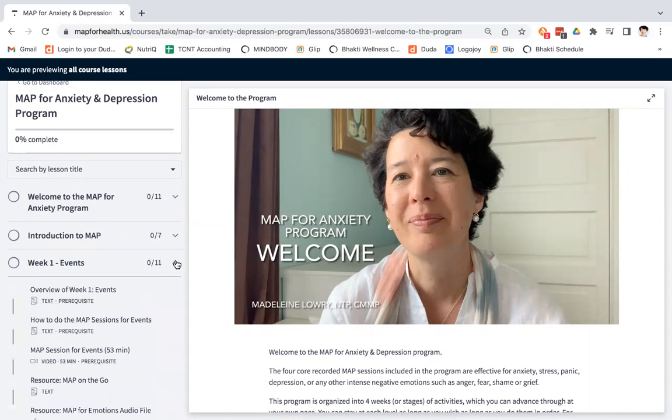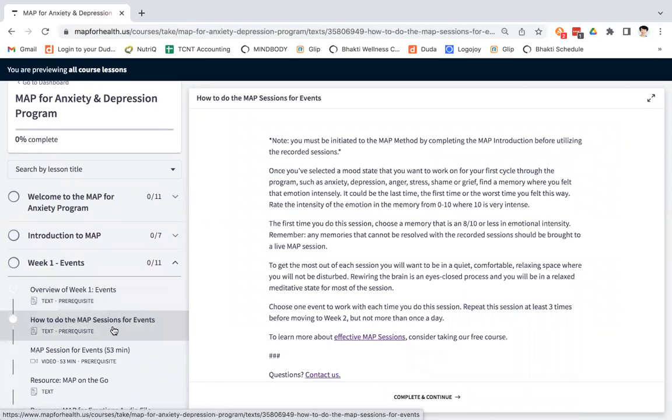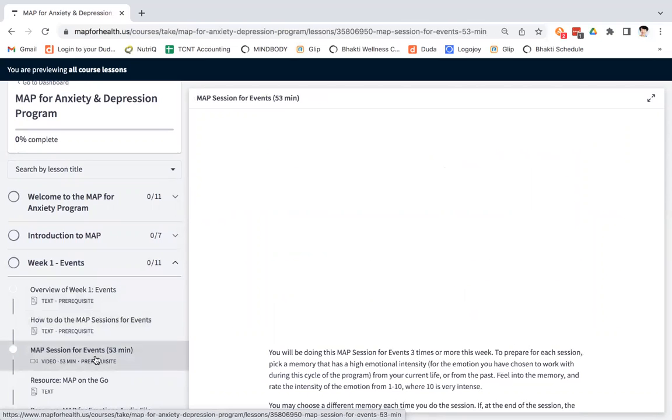In week one, we'll be working with events. So if you are working on anxiety, for example, as your topic, then this week you'll be working with memories of events that caused you to feel anxious. Each week has a little overview of what you'll be doing that week, the activities, the concepts, and then some instructions for how to do the MAP session for the week.